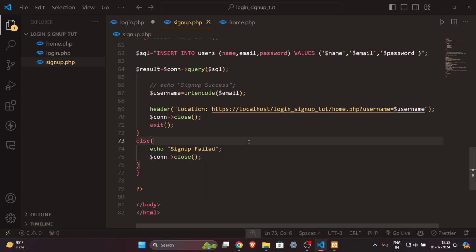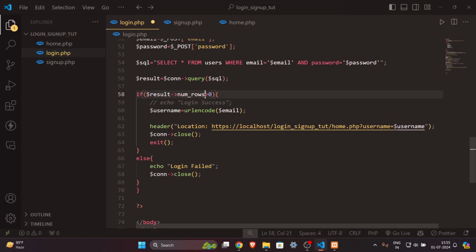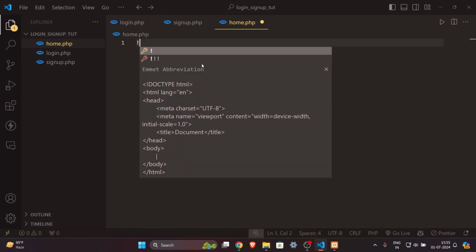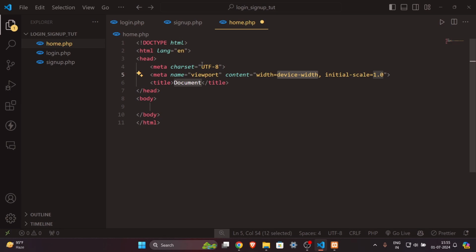Let's save this page as well, save this login page as well. Now the only thing left is to create our home page. Let's create a new boilerplate, and this will be a very short one. So in order to write, I will simply write over here home,